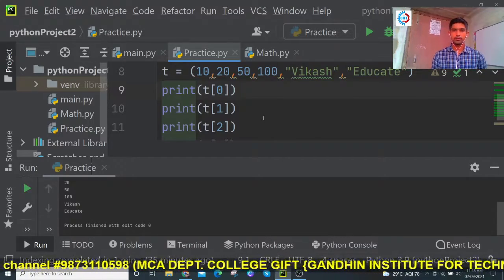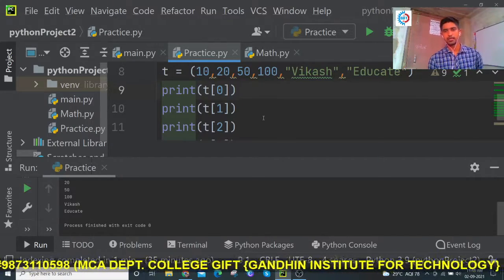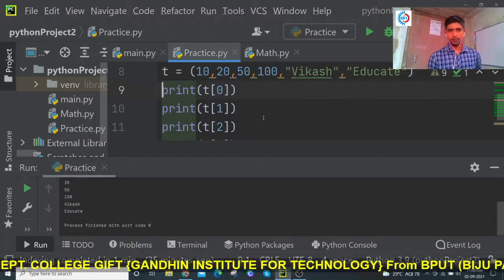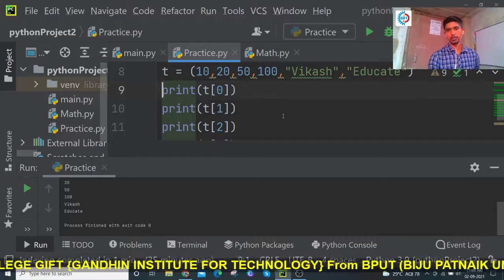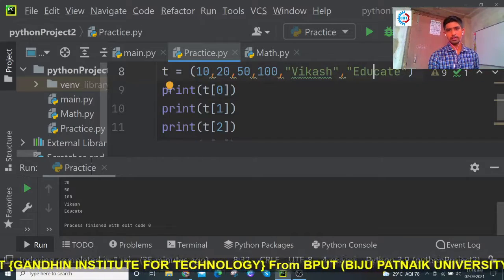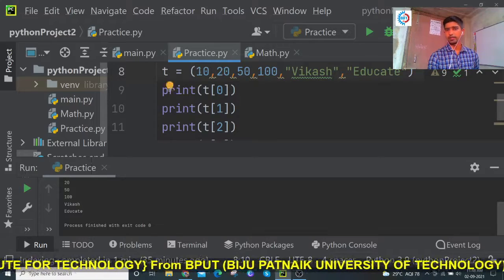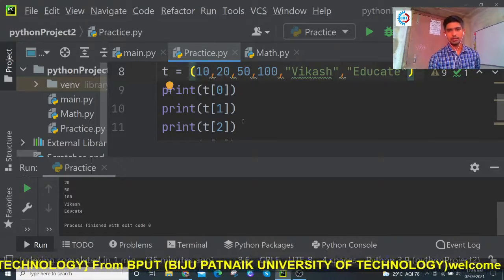Now I want to access these tuple elements from right to left, I mean from the reverse side. This is the reverse side: Educate, then Vikas, then 100, then 50, then 20, then 10. How will I access?